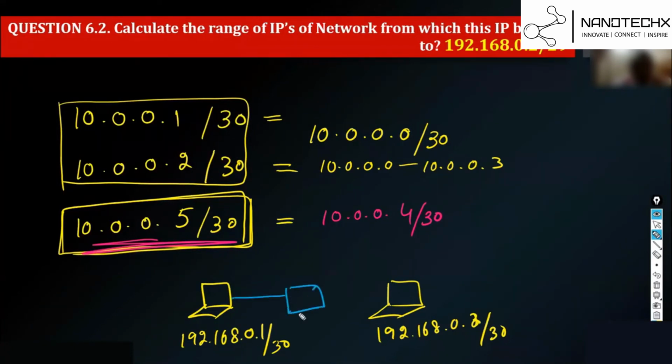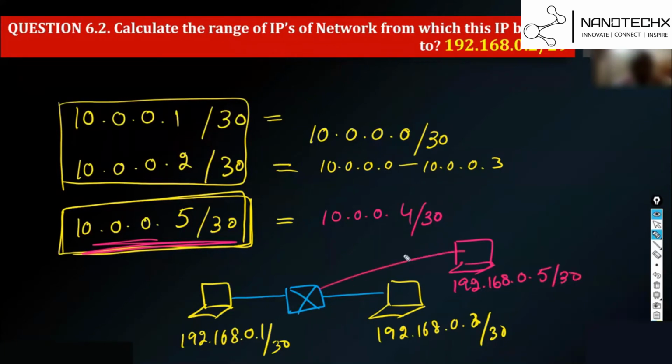You can just buy a switch, a layer 2 device, and they will be able to communicate with each other. But if you have a laptop which has an IP address 192.168.0.5/30,